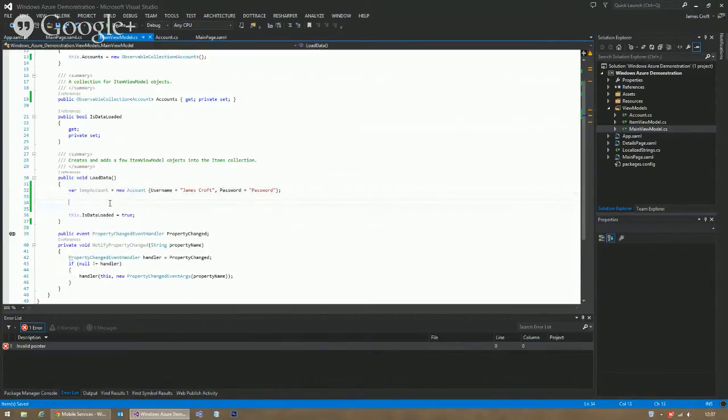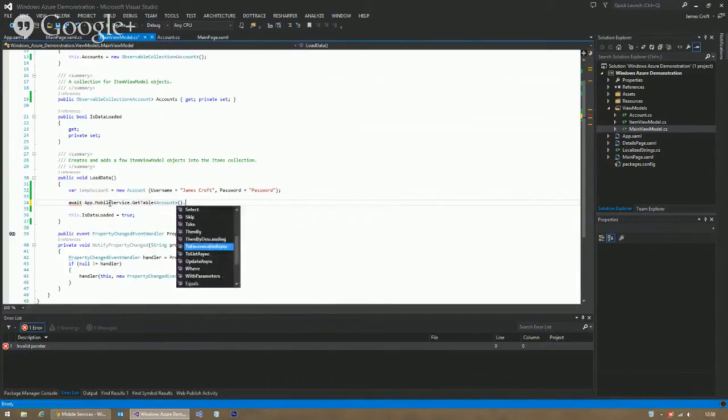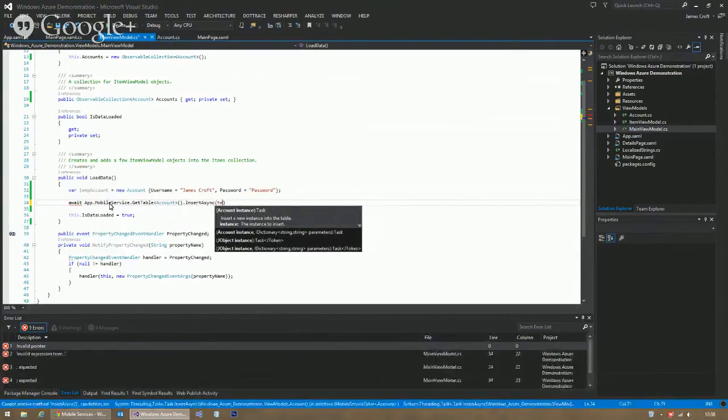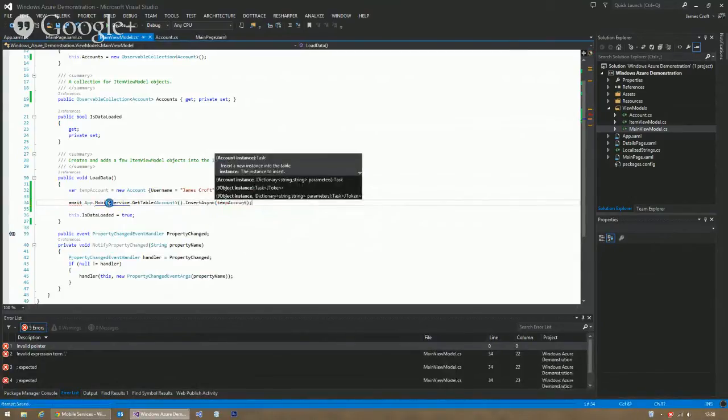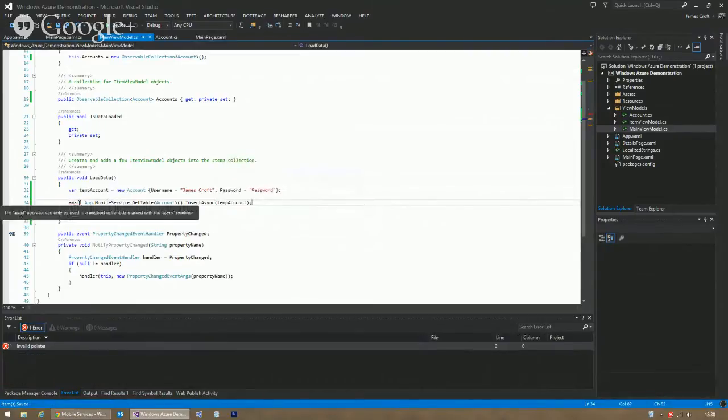And then here we can call this await function again, await App.MobileService.GetTable, and we want type Account, and we want to insert asynchronously this new account, so tempAccount, and again, we need to make this asynchronous, and then we can